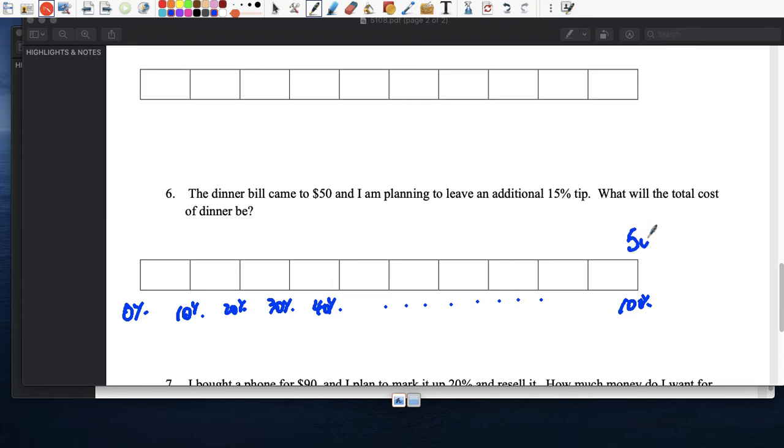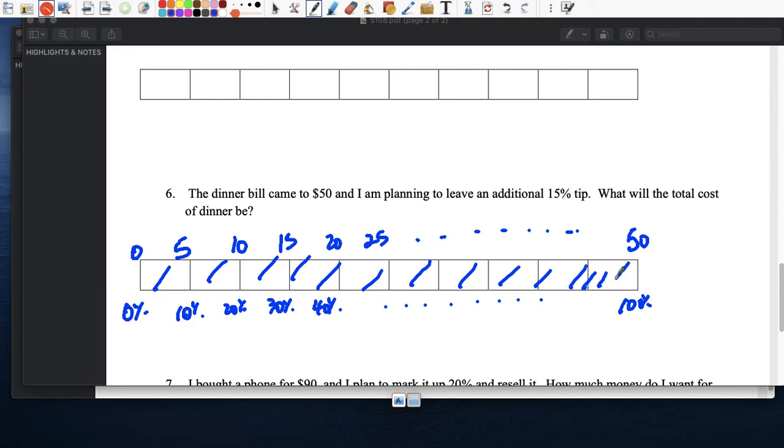The total was 50 bucks. All right, so let's figure out what 10% is. Well, 50 divided by 10 is 5, so 10% is 5, another 10% is 10, 15, 20, 25, and so on, right? So when we pay, we're going to pay all this for the food, plus how much tip